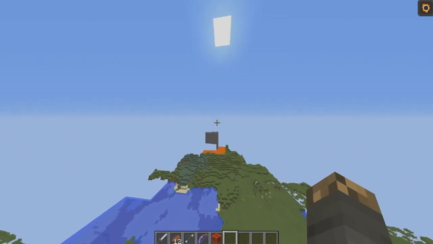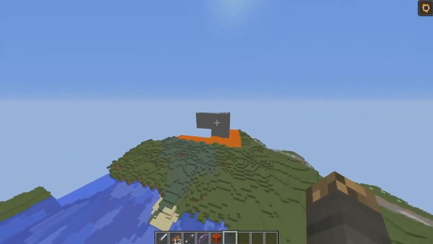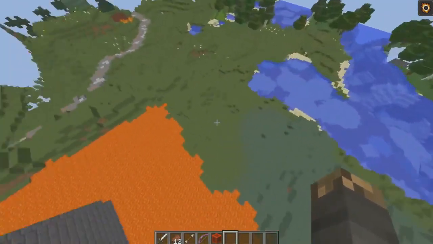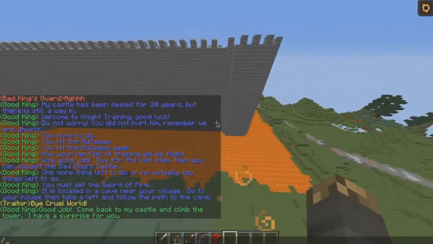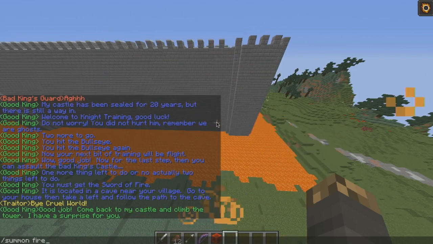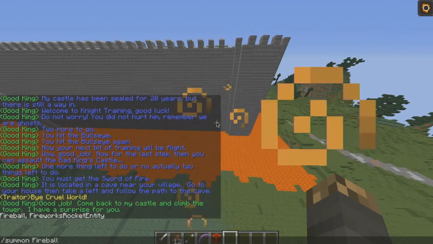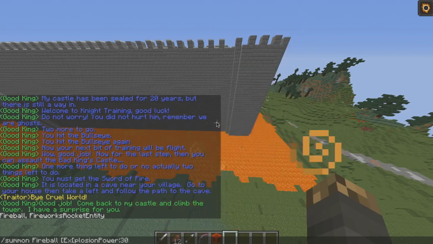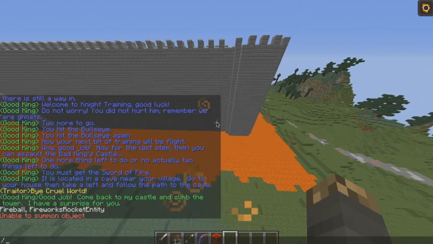He's flying because he has the elytra again. He could fly in creative mode. Oh, it looks like he missed. Why don't you just summon a fireball right here, Max, so we can see it explode? Capital F. It's okay. Do you want me to type it real fast? Yes. All right. Oh, oops.